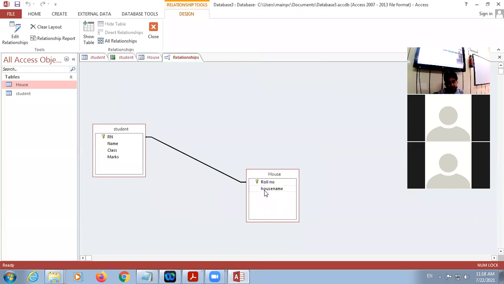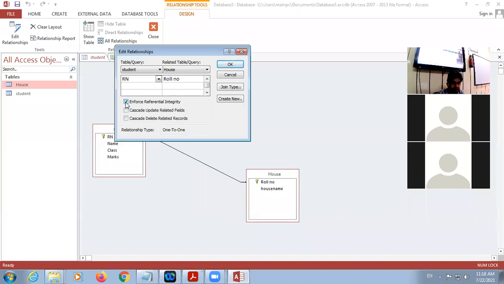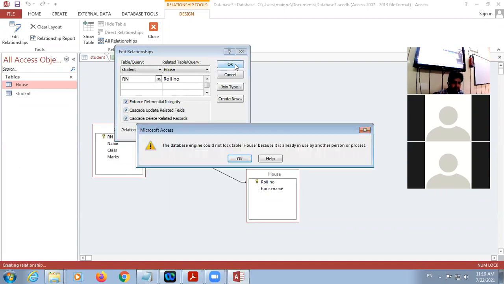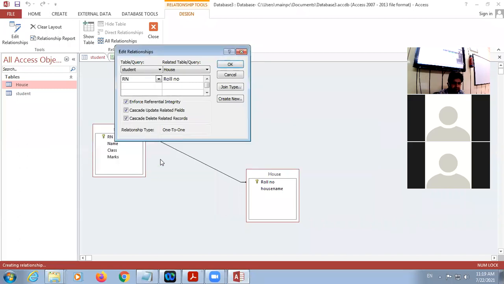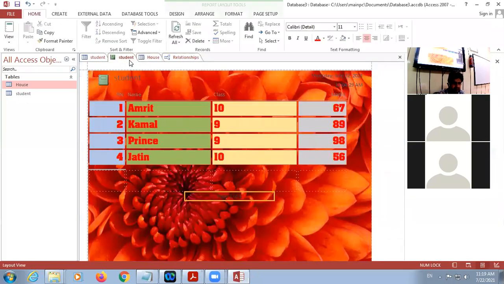It means if I delete any record from the student table, data will be automatically deleted from the second table. See here, beta, here is Enforce, Cascade Update, Cascade Delete, so I applied these. OK, so look here. First, I'm closing the tables.